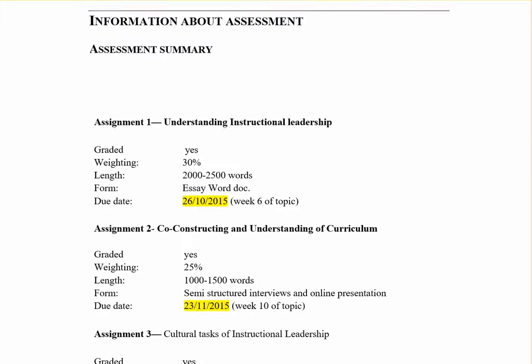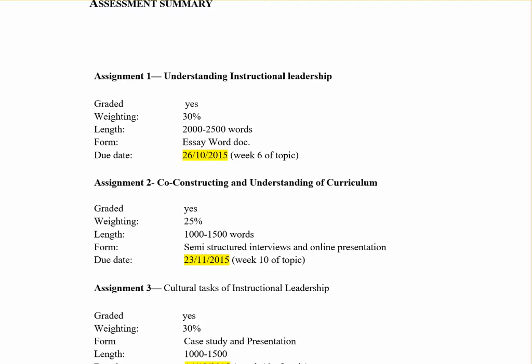Let's get to the critical bit. The course has been designed, each module, to prepare you for the assignment that comes up. So if you like, the 1st, 2nd and 3rd and 4th and 5th, all prepare you for assignment 1. And then the next series of topics prepare you for assignment 2 and so on to assignment 3. So the coursework is designed very much to position you as likely as possible to successfully complete each of these